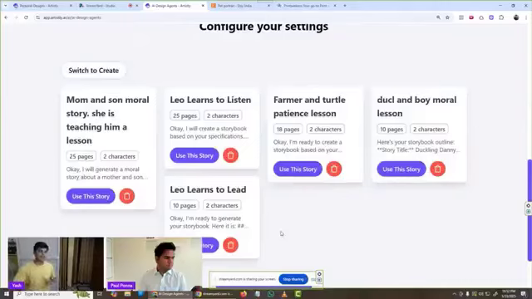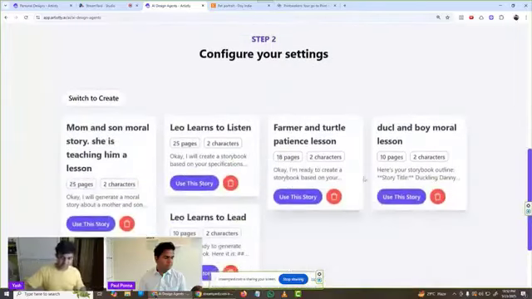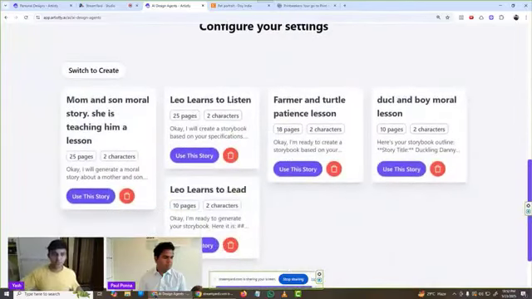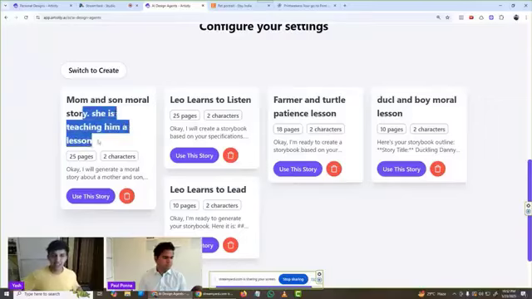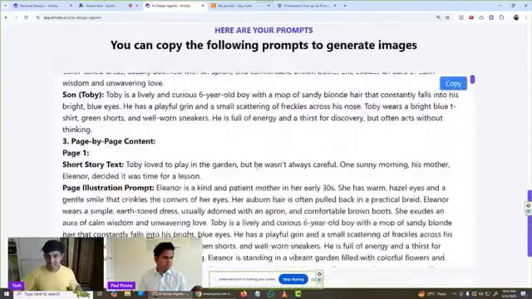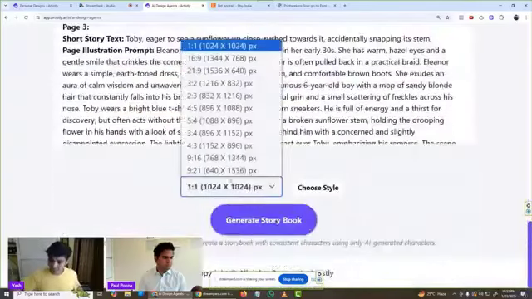Because sometimes what happens, guys, and I just want to point this across very clearly: as we're pushing these massive upgrades, sometimes the old story has one page missing or one story missing behind the scenes. Just to have a smoother flow, you can always recreate your already made story. So I'm going to do a mom and son moral story. She's teaching him a lesson. I want to use this style. And we have this trend